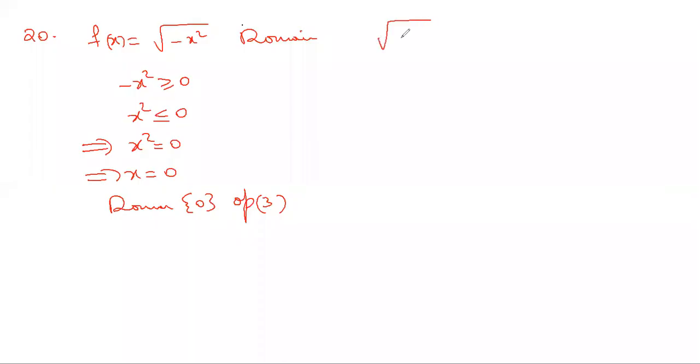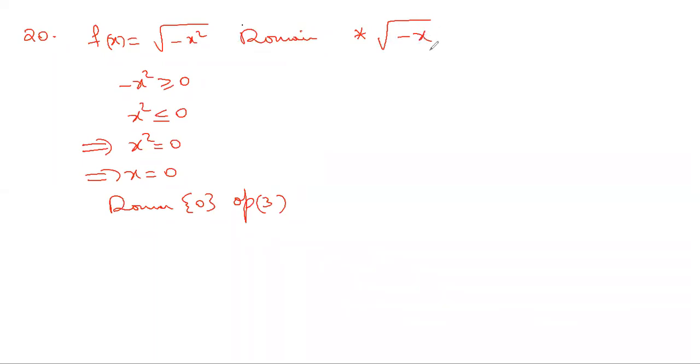Suppose if I give root of minus x. So you can't say that simply minus is not allowed, because the minus x is there. The domain is only 0, you can't say in this case. But in this case, yeah, x can be negative. Why? Here, x square negative chance is not there. So x square is always positive. A positive number with negative sign is a negative number. Here, a variable with negative sign, the variable is allowed to be negative.